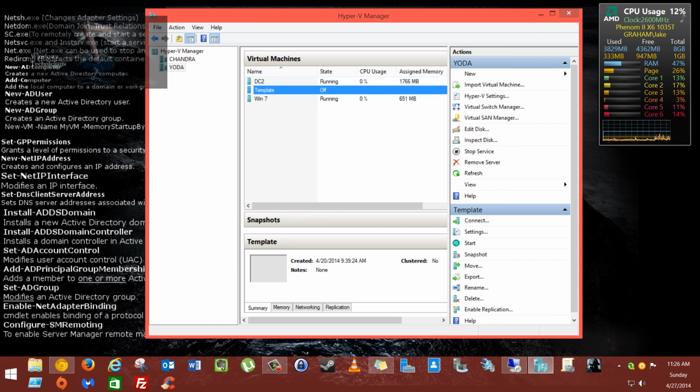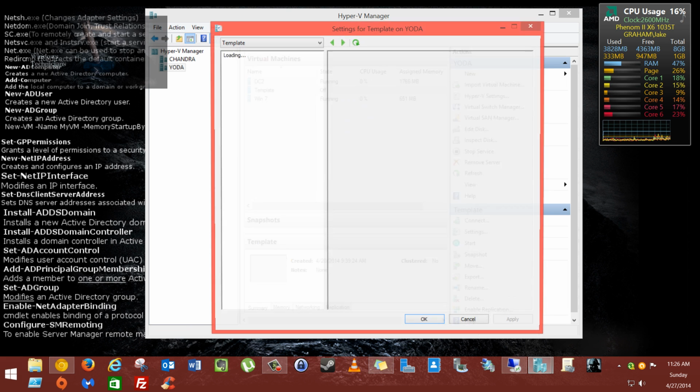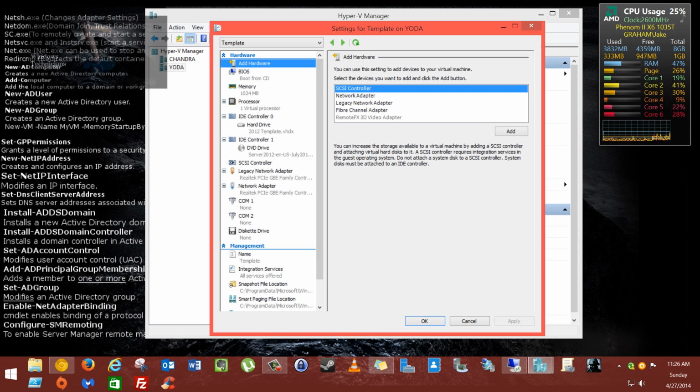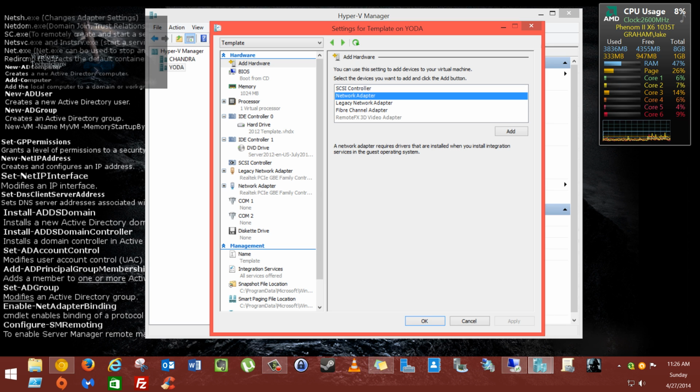So as soon as you open the settings pane, you're going to be brought to add hardware. You can add a SCSI controller. The network adapter is called a synthetic adapter, and basically that's a regular adapter. They call them synthetic. And then there's also legacy network adapters. Sometimes legacy network adapters are called emulated adapters. And these are really good